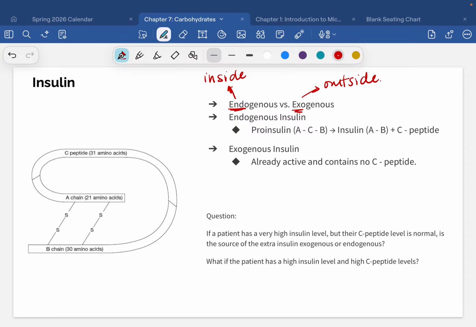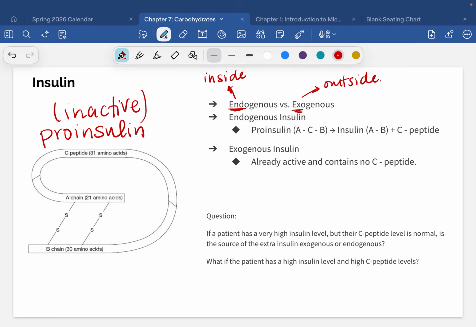Endogenous insulin, when it is produced inside of our bodies, we actually produce something called proinsulin first. And proinsulin is a precursor. It means it's the first thing our body produces, and it sits inside of our body in kind of an inactive form. Our body produces this. It sits in our pancreas in this inactive proinsulin form, and it can sit there for as long as we need it to. But when we need insulin, our body is ready. It has like a stockpile. This is how our body stockpiles the insulin that it makes.